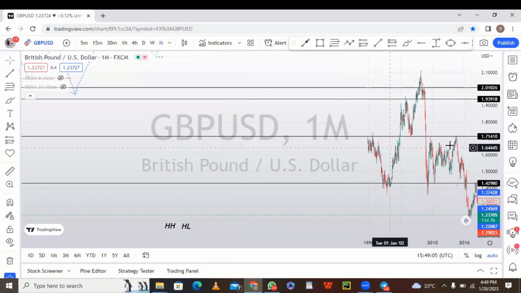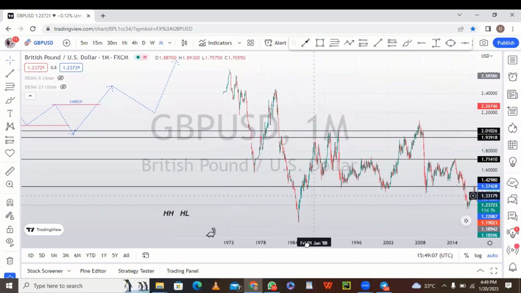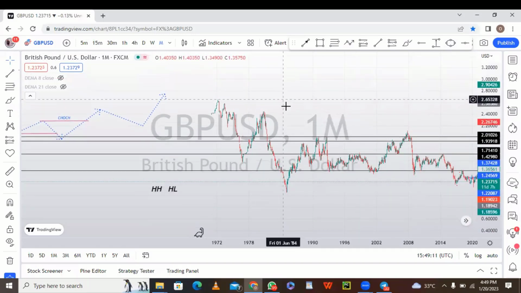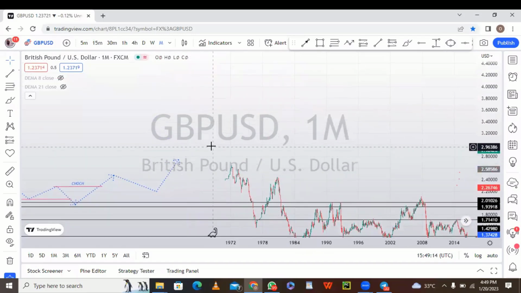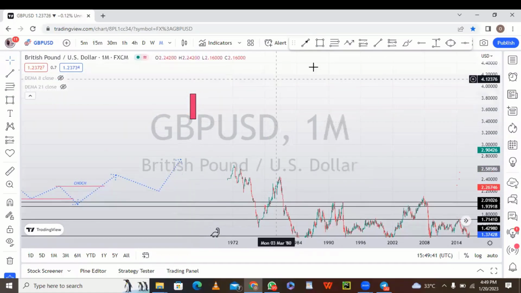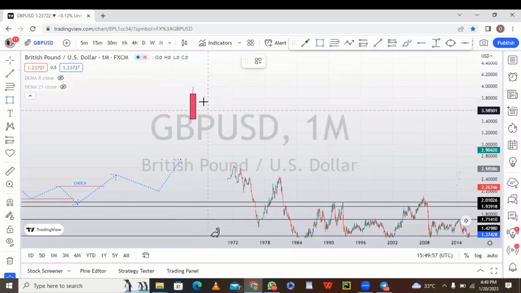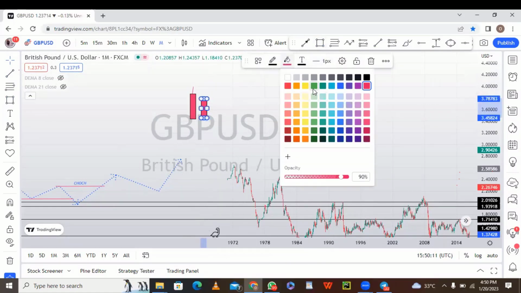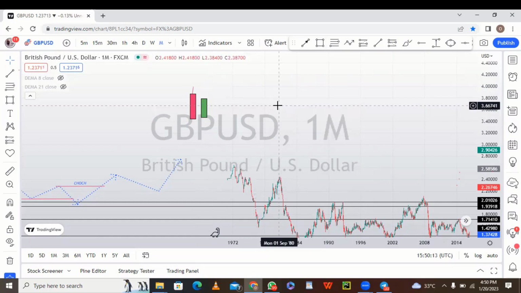Now, the next thing you want to know is to understand how these candles are formed from different time frames. So this will take us to candlestick anatomy, understanding the formation of candles. For instance, if you have a candle such as this, let's assume this is a red candle. If you have a candle like this and you have another one, I have to change the color of this particular one.